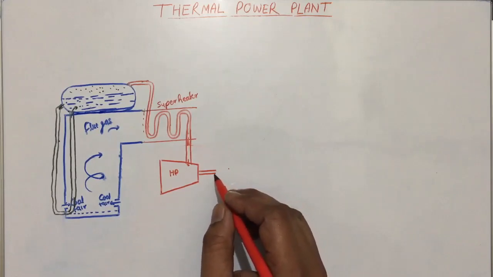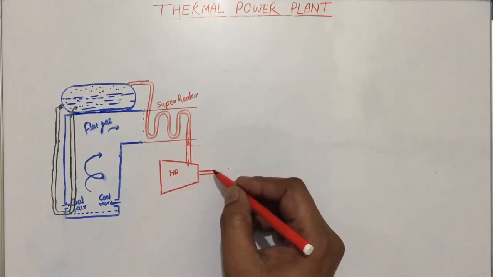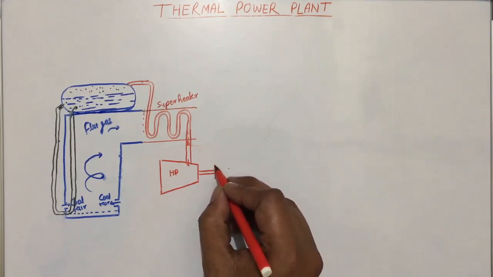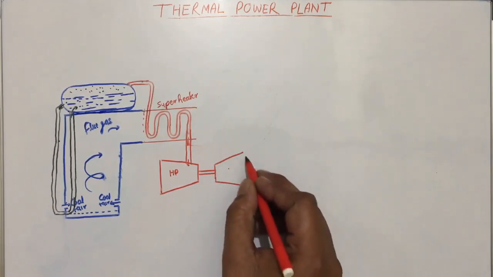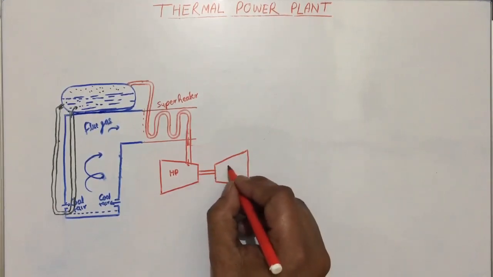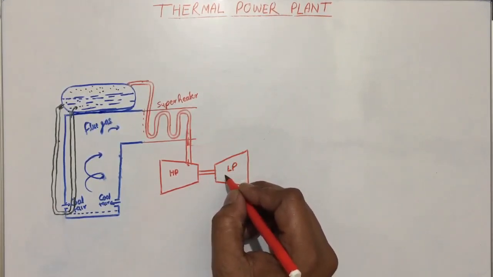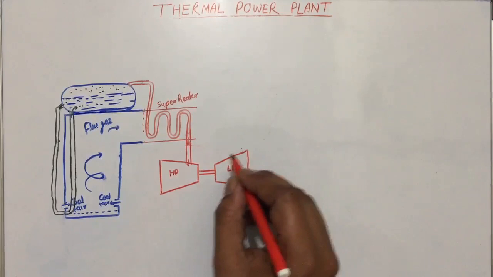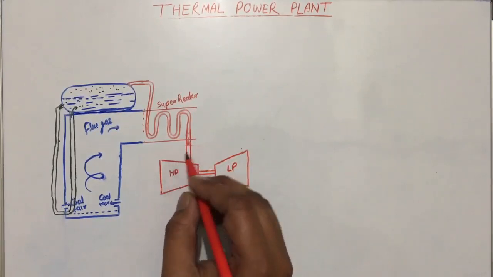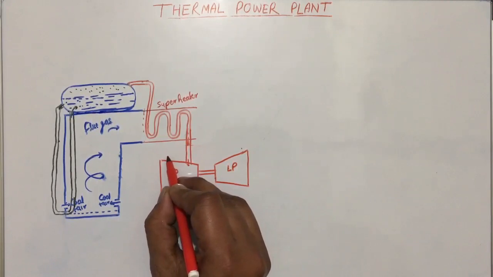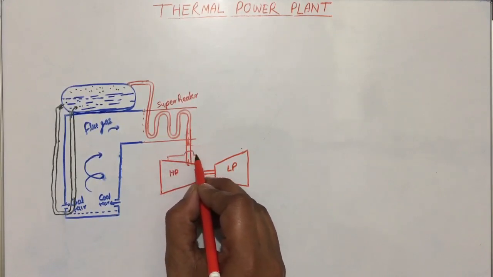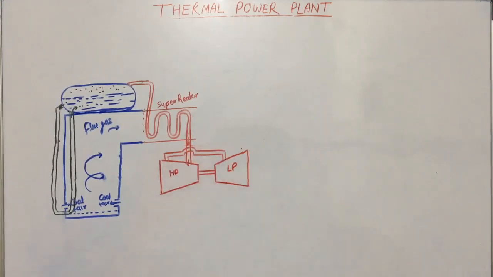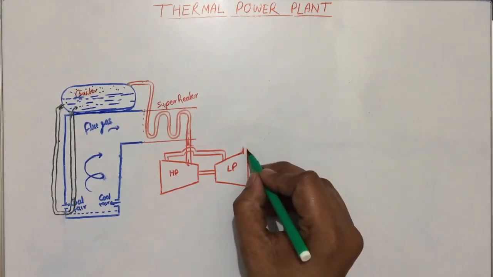And the exhaust of the turbine goes to the condenser. Let us consider here 2 turbines, a high pressure and a low pressure turbine. Let us consider the combination of two turbines, and the exhaust of this turbine goes to the other turbine, like the exhaust from the low pressure turbine